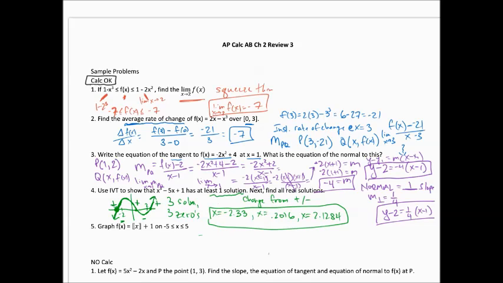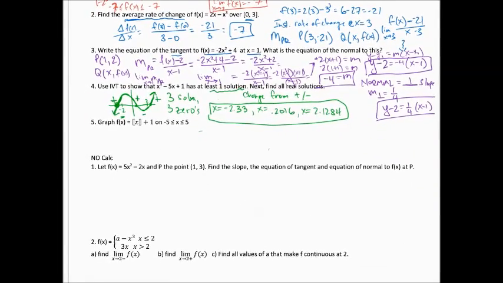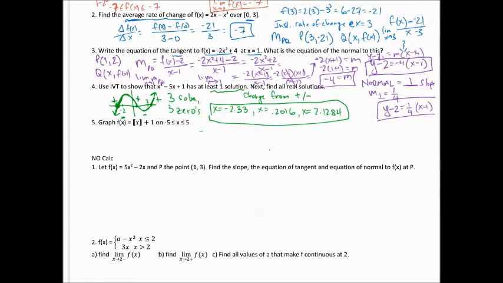Okay, now moving on to question number 5. On question number 5, it says graph f of x equals the greatest integer of x plus 1 on the interval from negative 5 to 5. So we can quickly put in a grid here. And if you do this on your calculators, just be careful where your open circles and closed circles are on this interval. So if we go from negative 1, 2, 3, 4, 5 to positive 1, 2, 3, 4, 5,